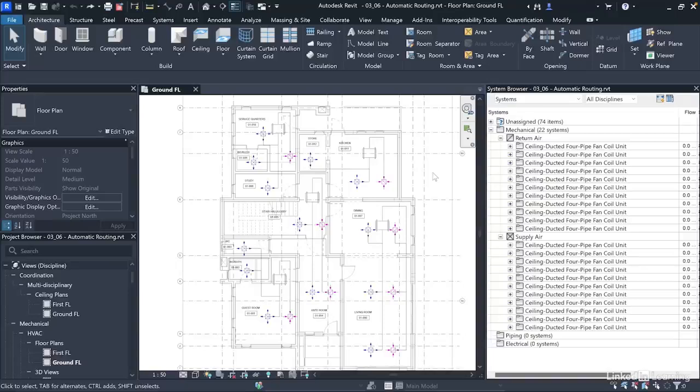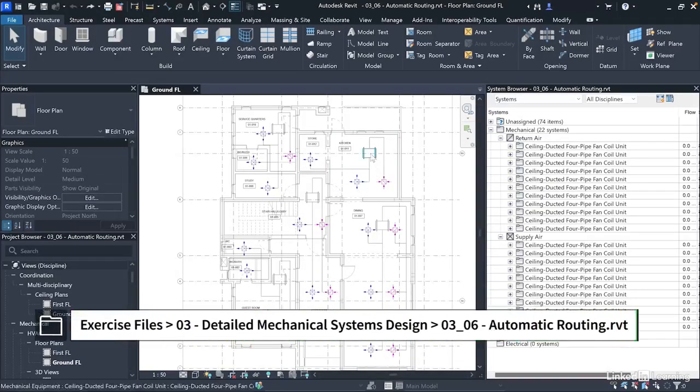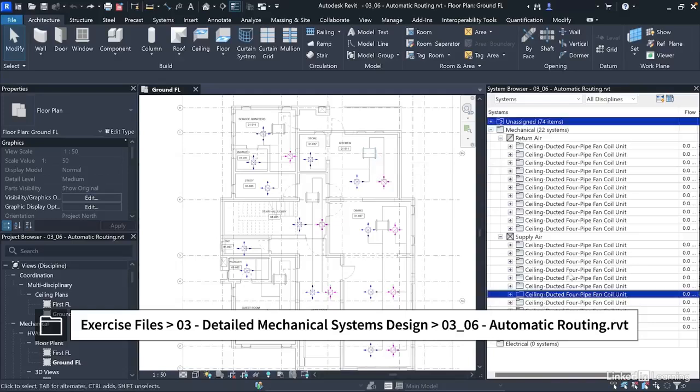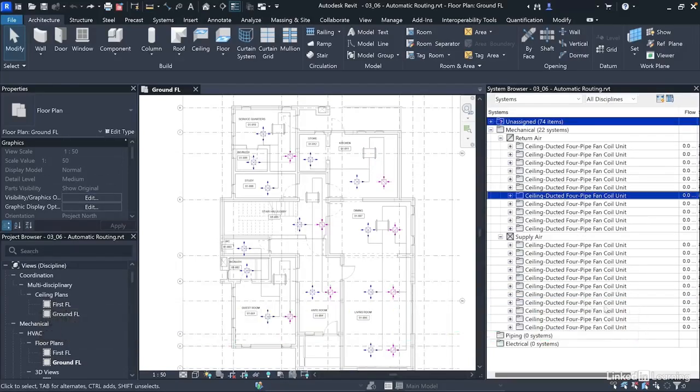We have laid out the tentative locations of the air terminals and mechanical equipment for the supply and return systems in the HVAC design and established the logical connections for the duct systems. The next step is to connect them physically. In this video, we'll explore how to route the ducts automatically for mechanical systems using the generate layout tool in